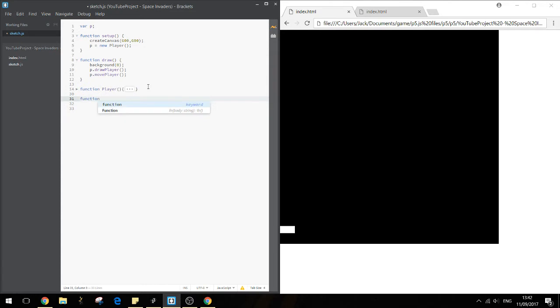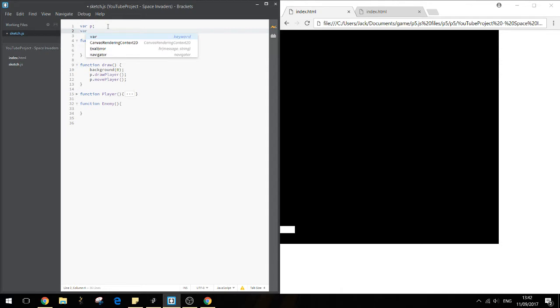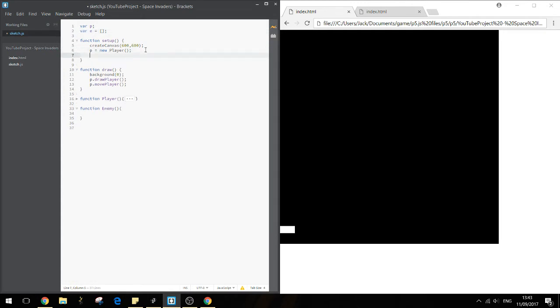Function Enemy. And for this, we want to create a row of enemies across the top of the screen. They're going to move along and down. So we'll go var e equals an empty array, and we'll say for var i equals 0,